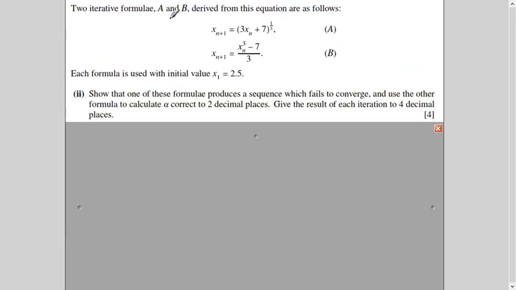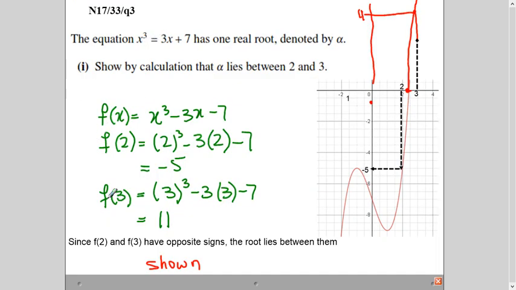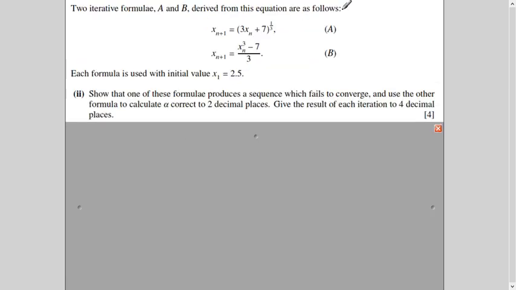So the next part of the question is saying that this equation, x cubed is equal to 3x plus 7, and let me write it here, x cubed is equal to 3x plus 7, okay? So this equation has been changed into two forms. How do we do that? I have explained in the video attachment. The link is attached in the description. You can see there. So right now, these two equations have been derived from this equation.